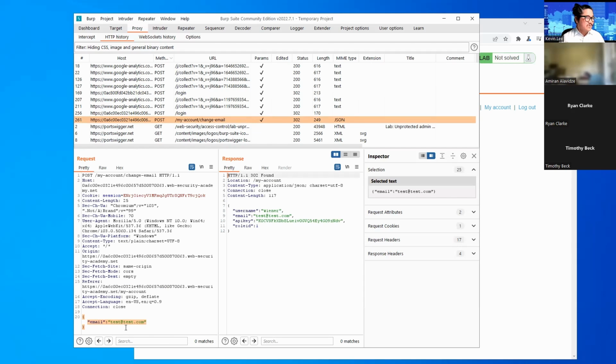But what's more interesting is what we see in the response. In the response window, not only did we get our email returned, we were also returned a bunch of other information. For example, we got our username, we got our API key, and we also got our role ID.